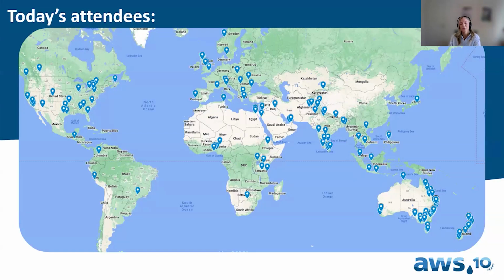I'm always surprised when I join these webinars of what the reach is from the Australian Water School, how many people across how many different countries are joining us today. And today's webinar is no different. We have over 500 registrations, and you can see how many people are joining from all parts of the world. So thank you for those that are joining at midnight in the UK.